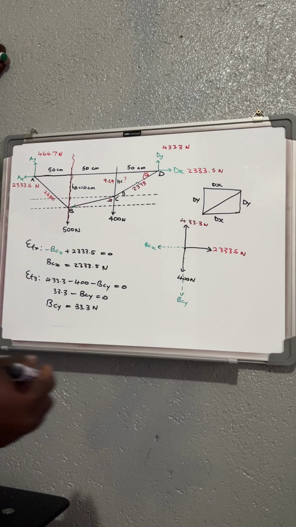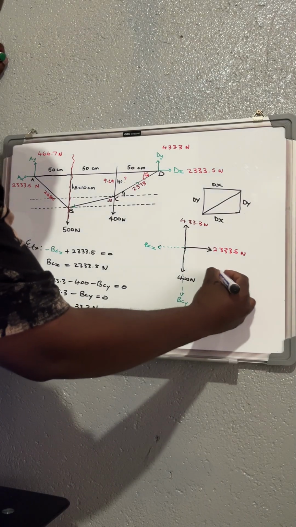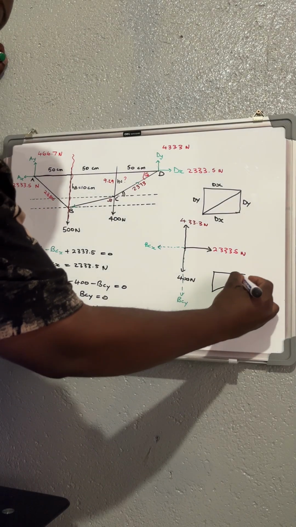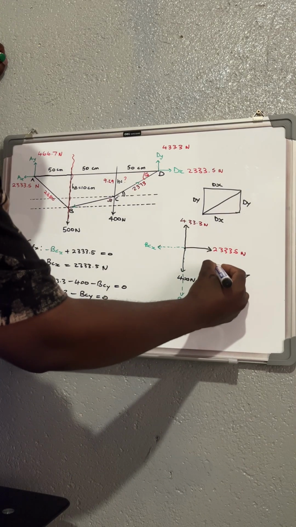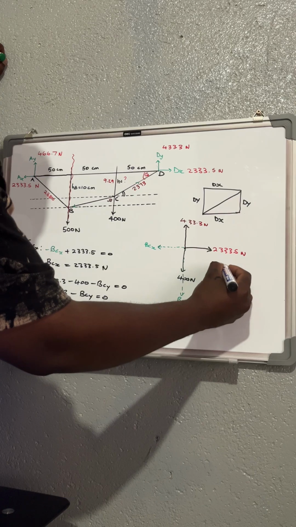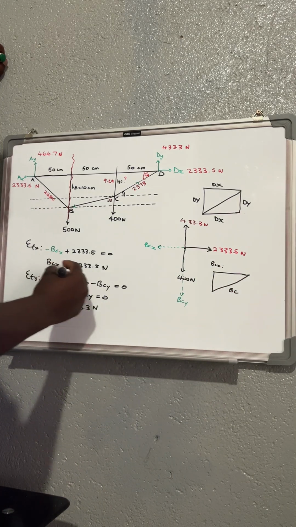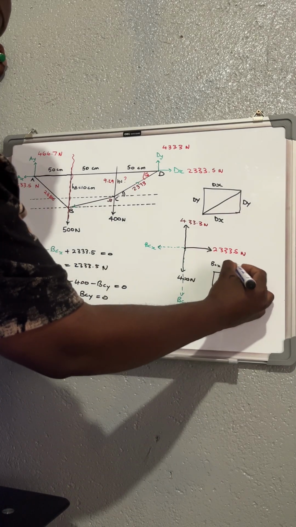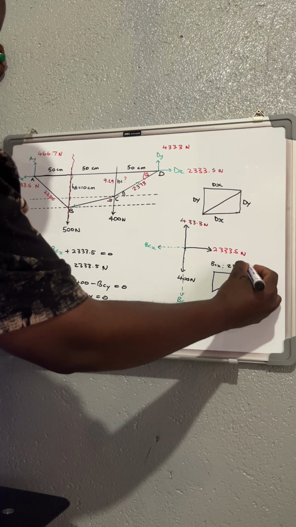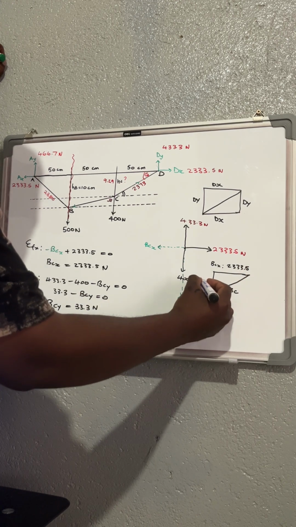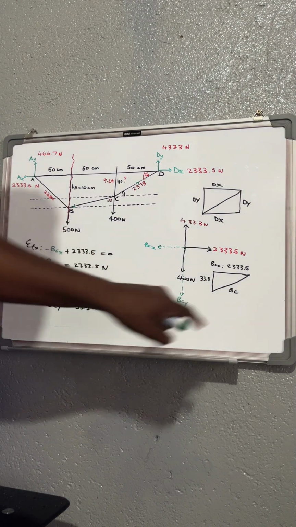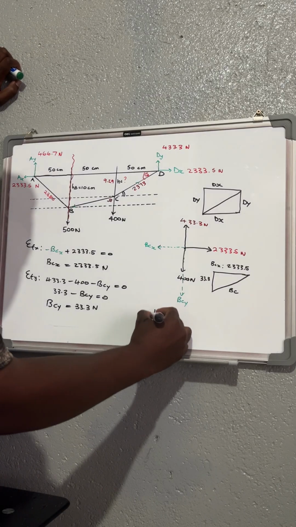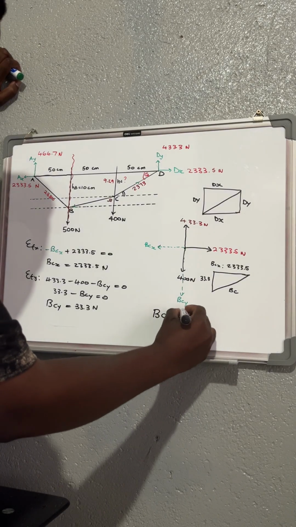So now on this one, what are we having? We are having something that looks like this. We have BC here, then we have BCX. We said BCX is what? It's your 2333.5. This side, what do we have? We have our 33.3. Then if we want to find the actual BC, we will say our BC would be equal to your